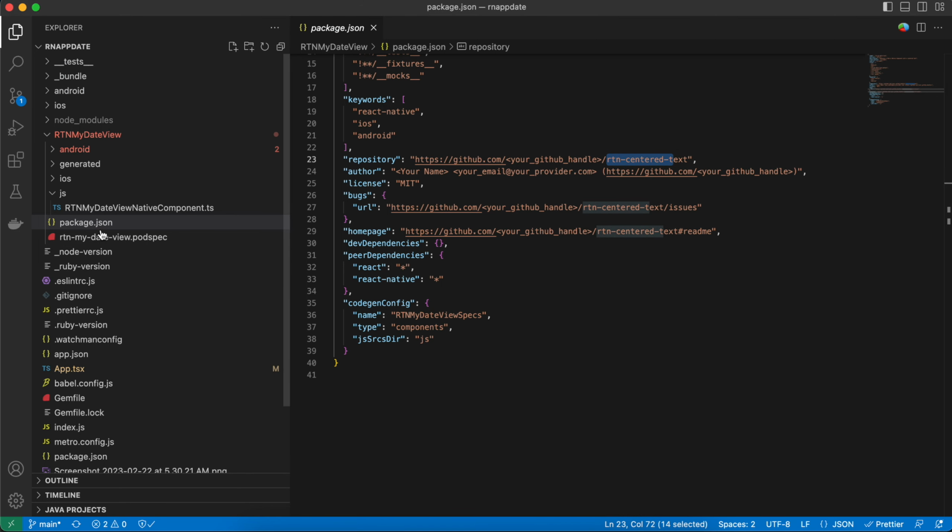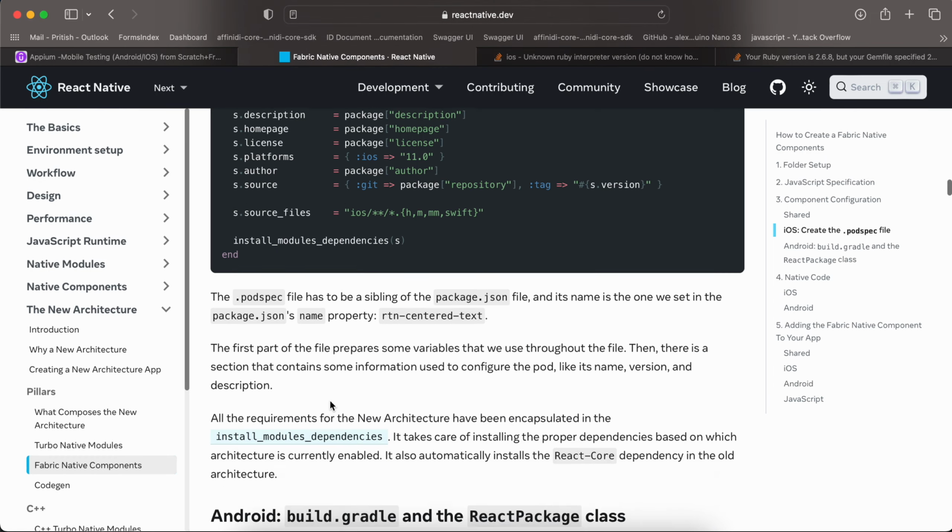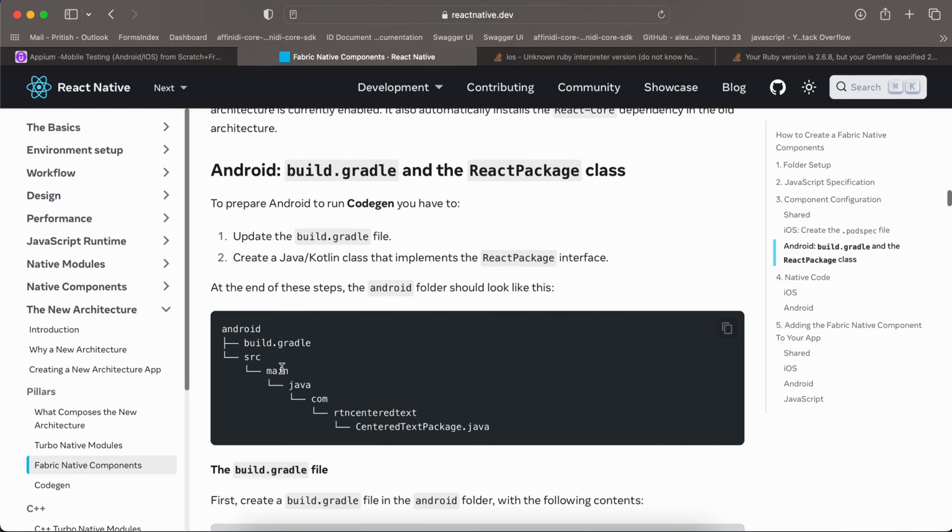So here again, not inside the iOS folder, but it should be a sibling to your iOS folder. The name is important, so in my case it would be rtn-my-date-view.podspec, and again I have copy pasted it from the documentation. Only thing which has been changed is rtn-my-date-view. Once this is done, you have to go to your Android folder and create build.gradle, and you have to